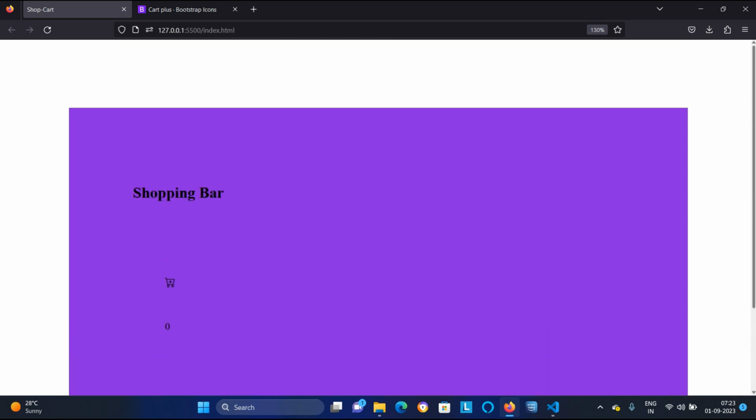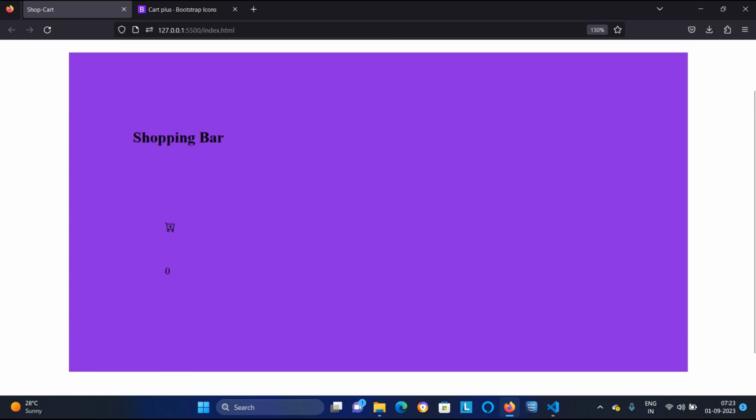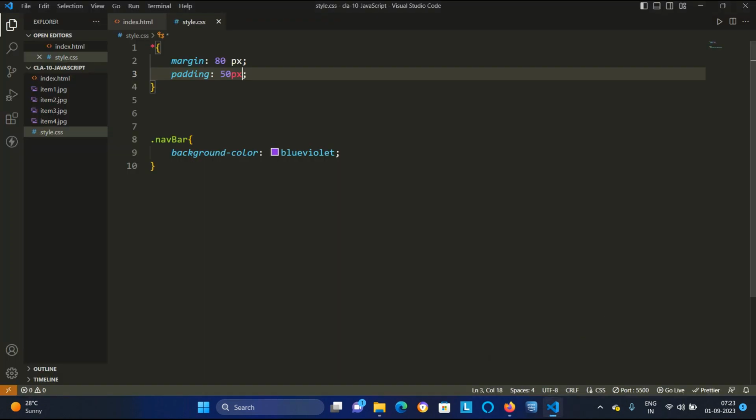And the margin we have given this. So it is a kind of box model. Margin will come from one element to the other element, and padding will be within the same element, from top and bottom. Margin will be from one element to the other element. This is the box model of CSS. So you can have a detailed class for it as well, and we'll have that as well.